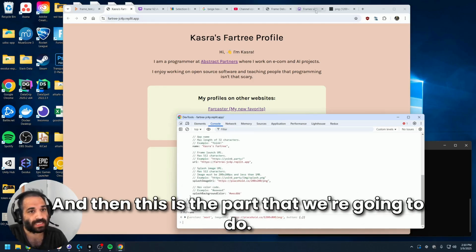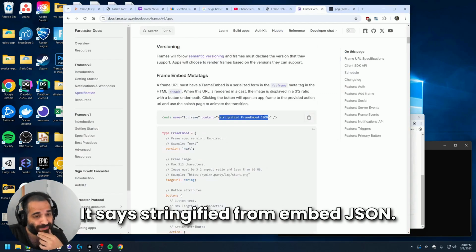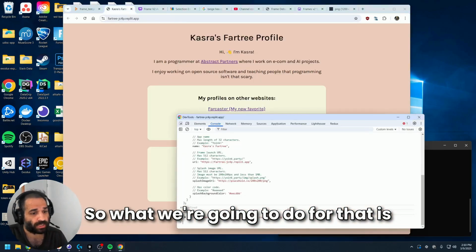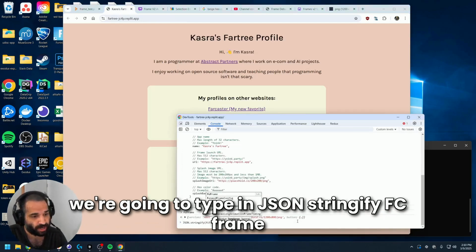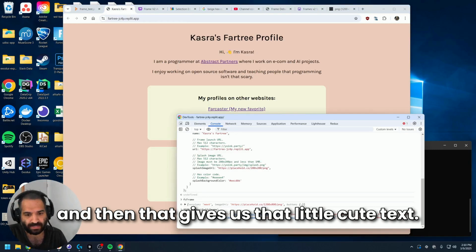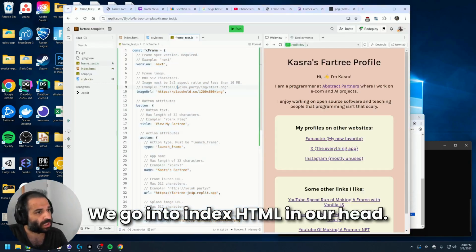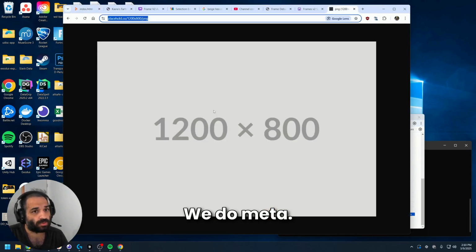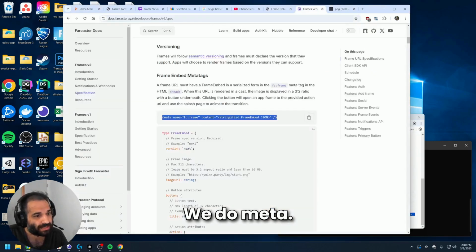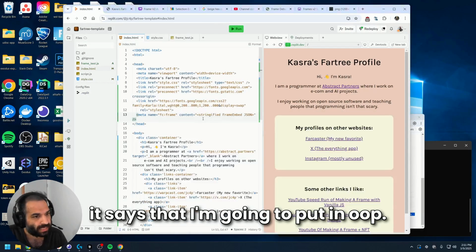Okay, and then this is the part that we're going to do. It says stringified from embed JSON. So what we're going to do for that is we're going to type in JSON.stringify fc frame, and then that gives us that little cute text. Now we copy all of this. We go into index.html. In our head, we do meta. I'm just going to copy paste it. And then where it says that, I'm going to put in,